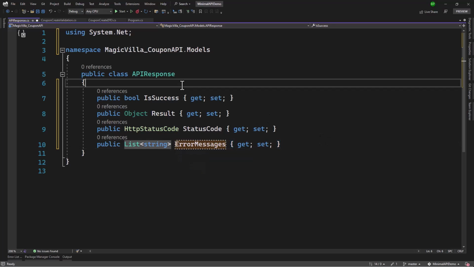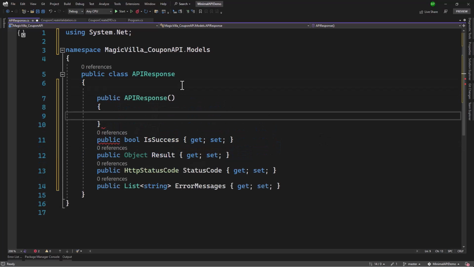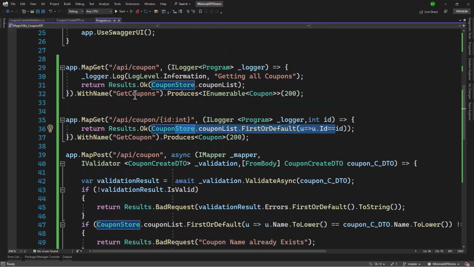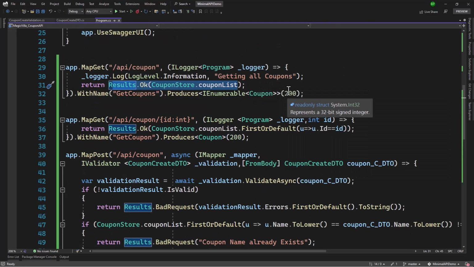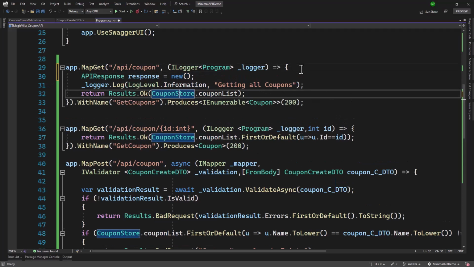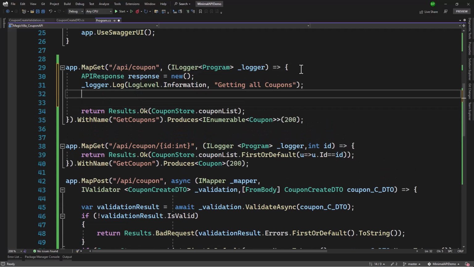Perfect. That object looks good here in the constructor. We will just say error messages is equal to new list of string. Perfect. Looks good. So rather than returning anything else here, every time we will be returning the API response. So at the top here, we will have a new API response, and where we are returning, we need to